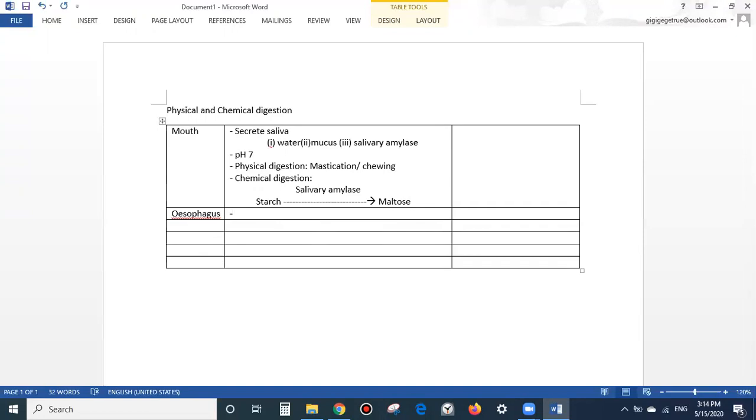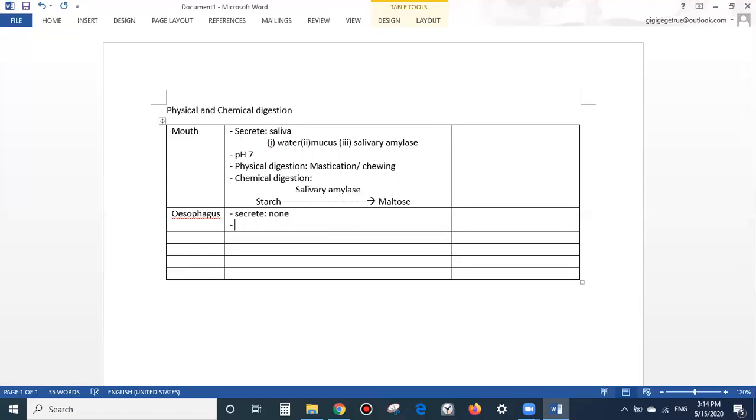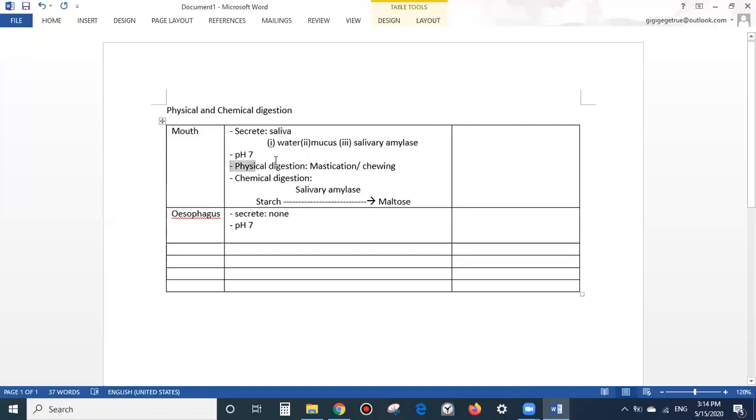The esophagus does not secrete anything. The pH will still be the same pH as earlier because it doesn't secrete anything that changes the pH. Physical digestion is the act of peristalsis. Here, peristalsis is defined by